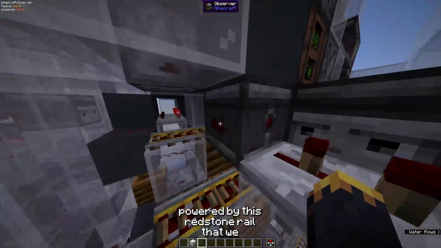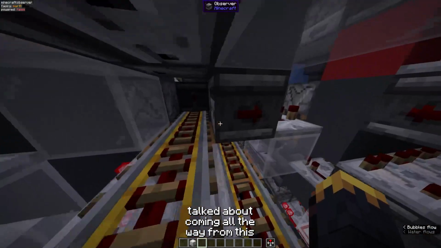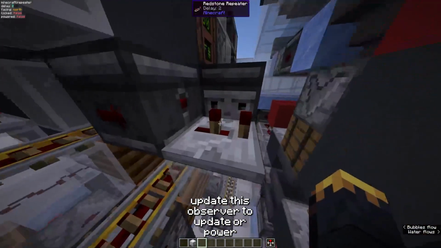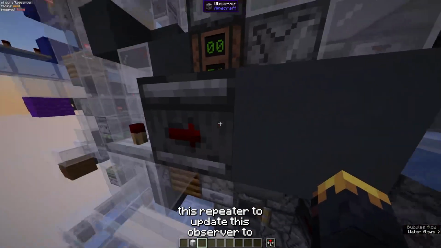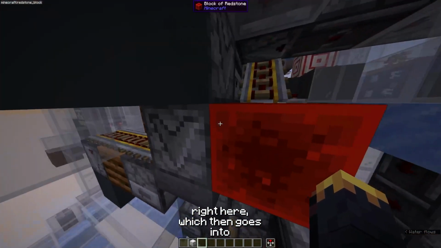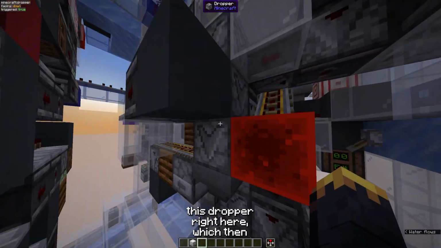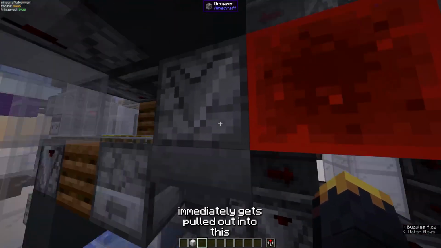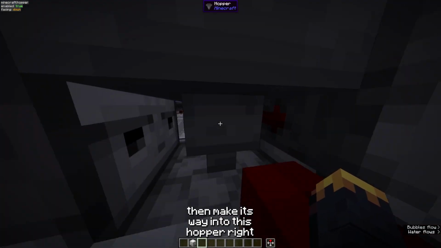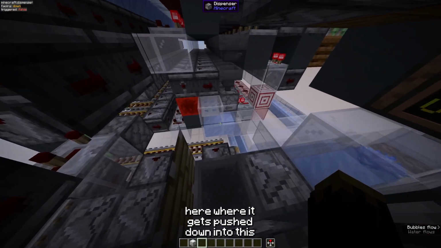And this will then get powered by this redstone rail that we talked about, coming all the way from this main redstone rail line, which will update this observer to power this repeater to update this observer to power this block and power this dropper right here, which then goes into this dropper right here, which then immediately gets pulled out into this hopper right here. The shulker box will then make its way into this hopper right here, where it gets pushed down into this